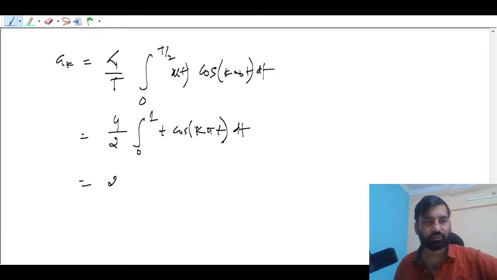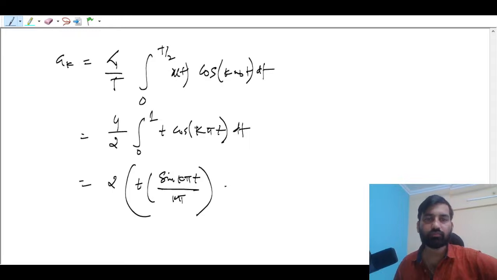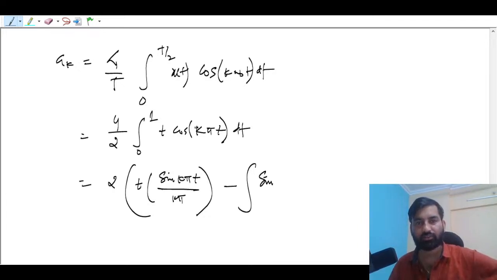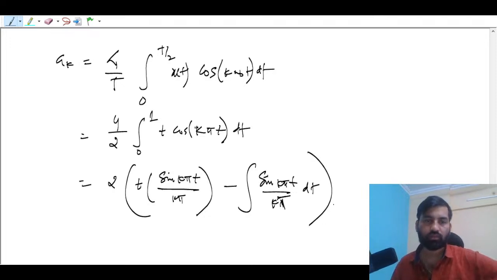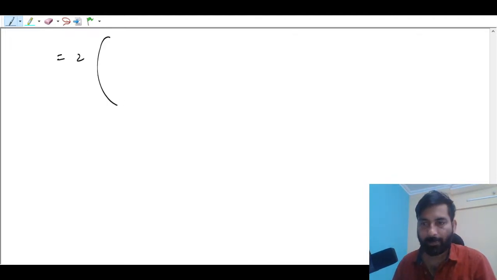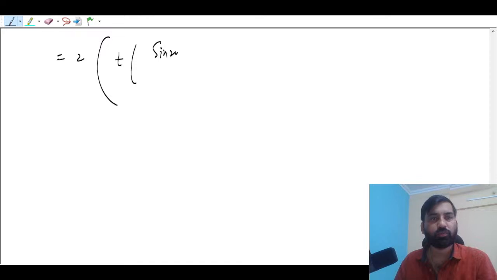integration by parts, right? So this is 2 times, keep the first as it is, and integrate the cosine, so it is nothing but sin k pi t by k pi, minus integration of cosine, and so this will be sin k pi t by k pi dt. Again 0 to 1 limits after that, right? So it is nothing but 2 times of this term, which will always be 0 because sine k pi t, whether you put k equal to 1 or 0,